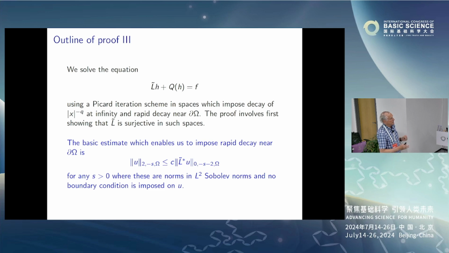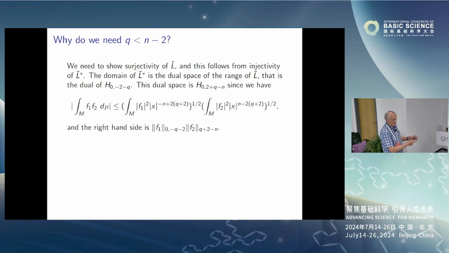Okay, and so that's really what allows us to... So that very strong coercivity is what allows us to solve the original operator with rapid decay near the boundary. So that's the idea. And it's the same sort of idea that's used in the earlier work, but it's somewhat more complicated because it's a non-compact transition region.